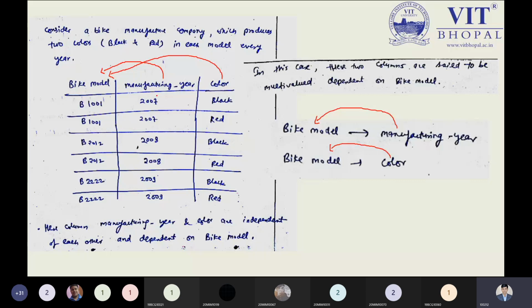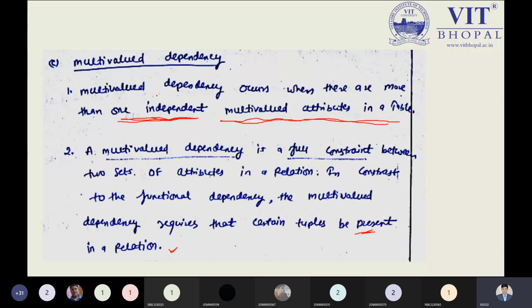So multi-valued dependency is saying to us we have to choose more than one independent attribute, and if these independent attributes depend on one attribute, then we can say the bike model, or the Activa 5G or 4G model we are opting for here, is the determinant of the other two attributes, the manufacturing year and color. That is the point. So, I'm speaking once again, multi-valued dependency will be applicable when we have more than one independent multi-valued attribute in a table.